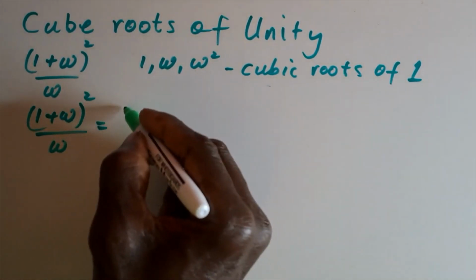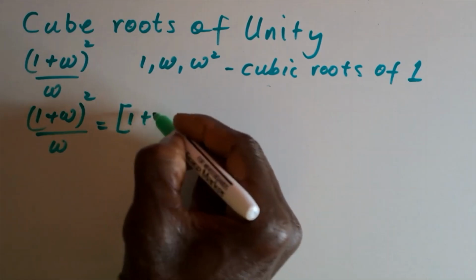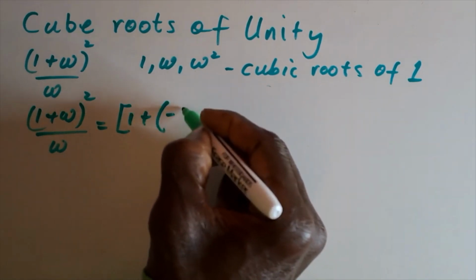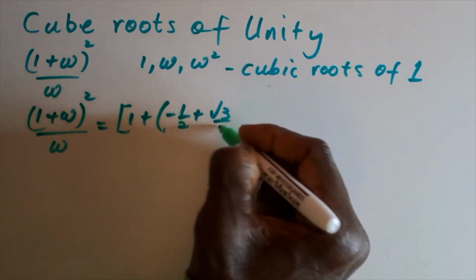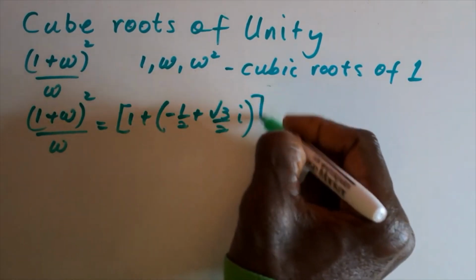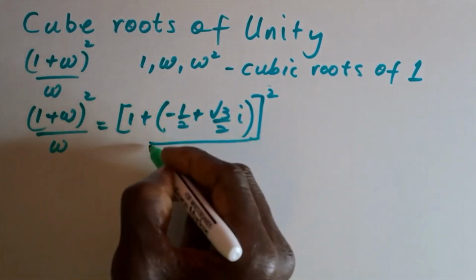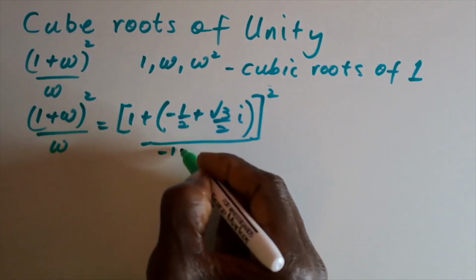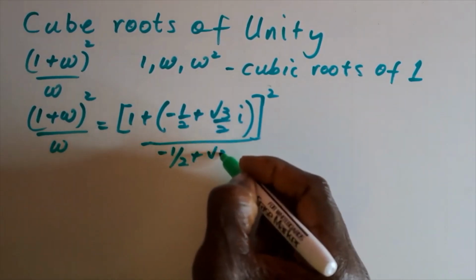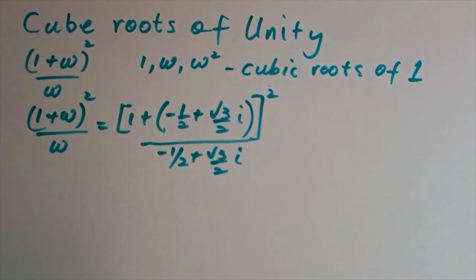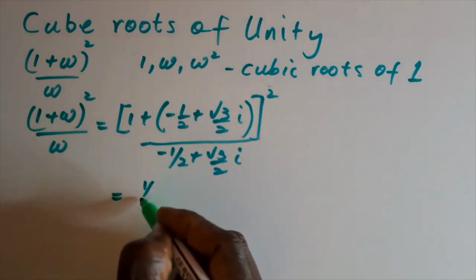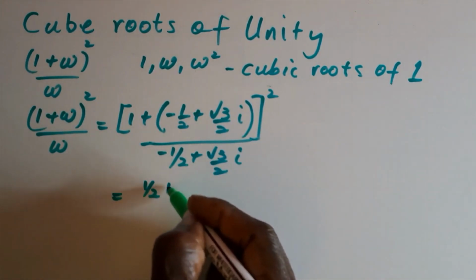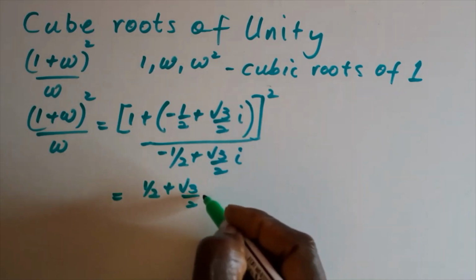So we'll use 1 add, we'll use this as one of our roots, as omega: minus a half add root 3 over 2i, all of this squared over omega, which is minus a half add root 3 over 2i. If we add 1 to what we have in brackets, we just have a half add root 3 over 2i,